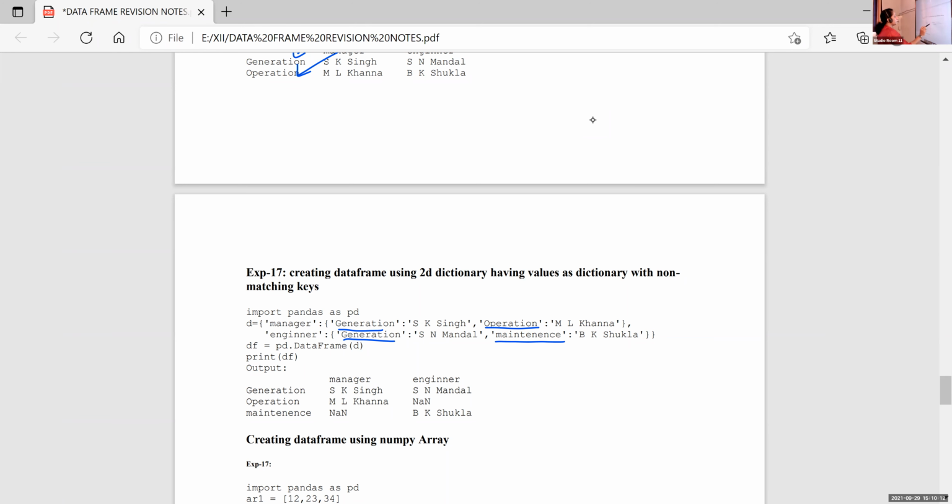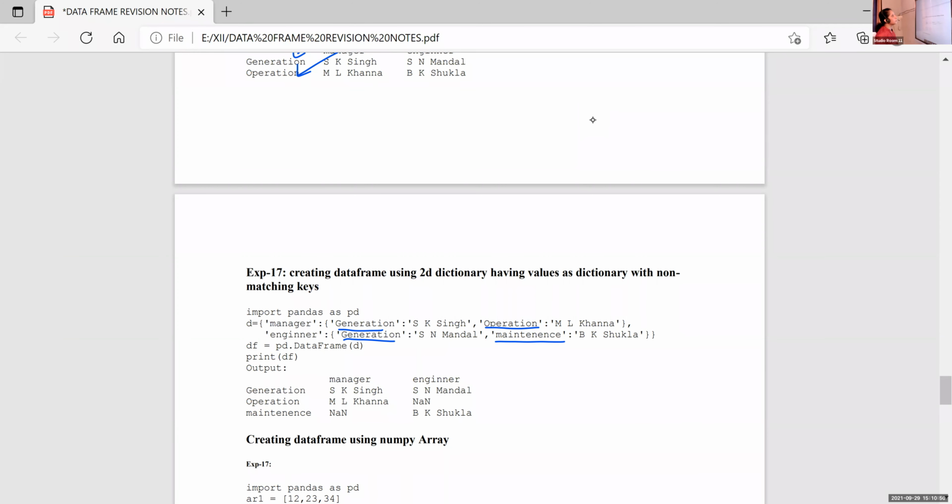These are the 3 rows. The values for generation are SK Singh, and for engineer, SN Mandal. But in the case of operation, there is only one value, ML Ganna. Here there is no operation value for engineer, so it is filled with NaN. In the case of maintenance, under manager there is no value for maintenance, so it is filled with NaN. And in the case of engineer, one value is there, BK Shukla, so it is filled with BK Shukla.